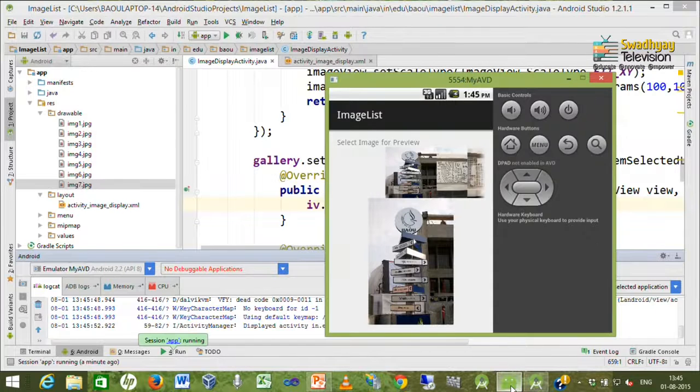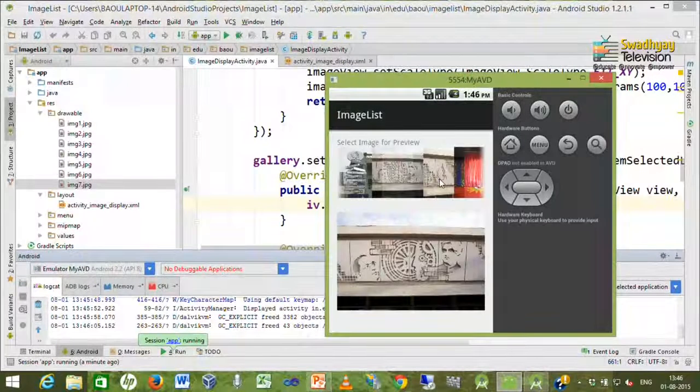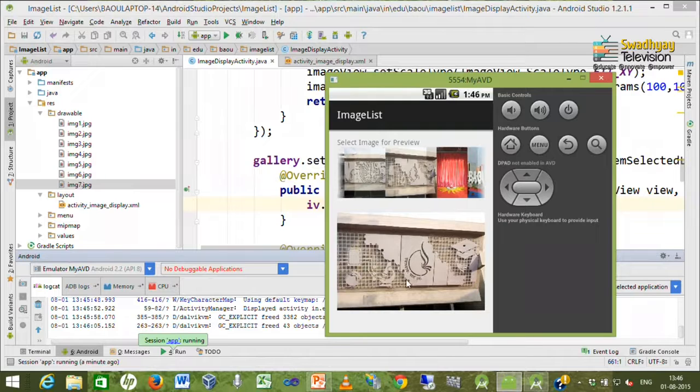So here on screen you can see our application is running. Here the first image is selected, so its preview can be seen inside this image view. Now I press the next image, and you can see the image is changed as per selection inside the gallery view.